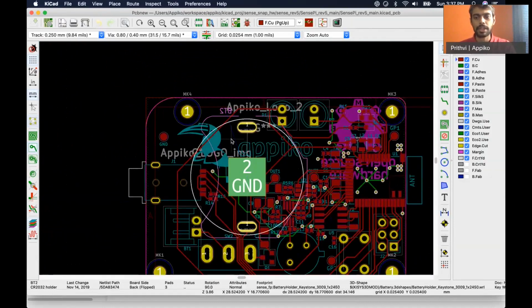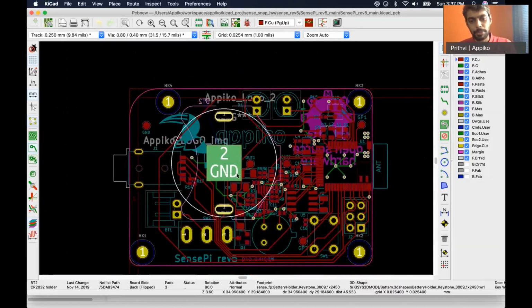This will make sure that the time of the system is kept even when there is no power and the user is changing batteries. And the majority of the changes were rerouting of the entire system and making it compatible with our own custom enclosure.